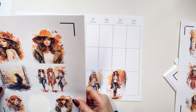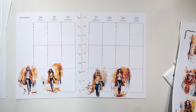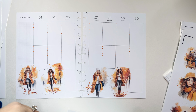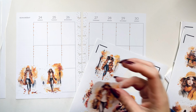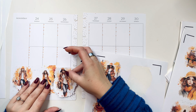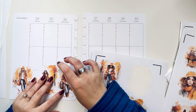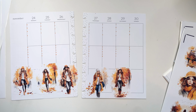I was thinking of using those 3 girls in there, but I think I'm going to keep them individual and see how it goes. So bear with me as I do this. But yeah, look how fun this is. So I'm going to just do that and then cut off the end, and that's not a big deal. And I'm going to put 1 more on the other side. So I'm going to have 3